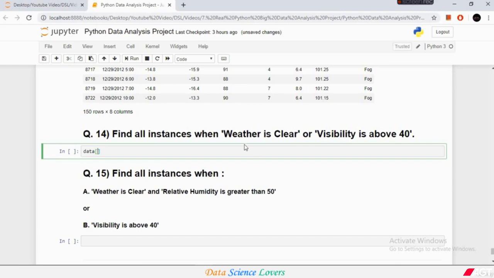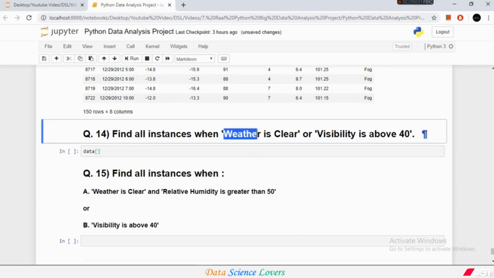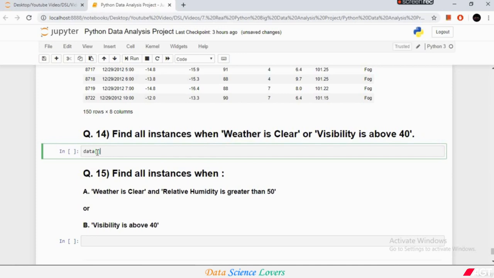We have to consider here the weather column, as you can see. So this is our column name weather condition, and we have to look out for the element clear. So this is our first condition which we have to meet,